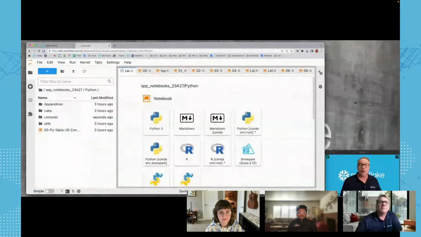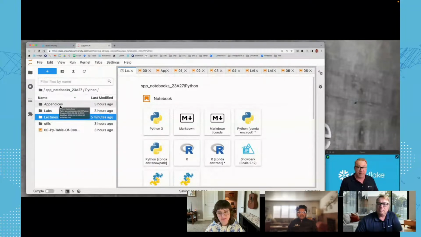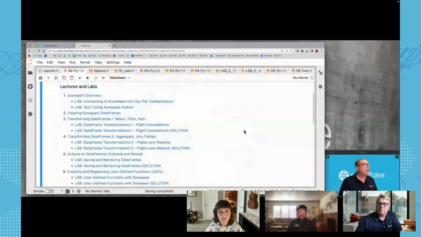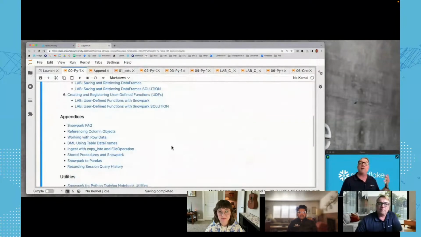We'll distribute to you a zip file that will contain a bunch of IPython notebooks that you will load into your Jupyter Labs account. Inside this zip file, you'll see that we have lab exercise notebooks, lecture exercise notebooks, and even a section of appendices. To make it easy to navigate through the notebooks, we have a table of contents that follows the flow of the course with lecture and labs, and then contains links for the notebooks that give you